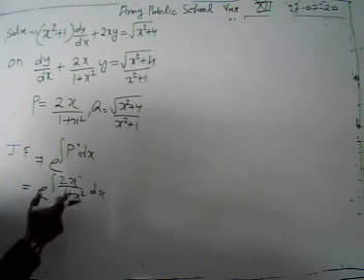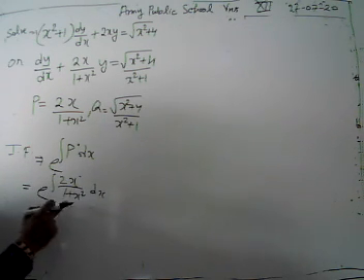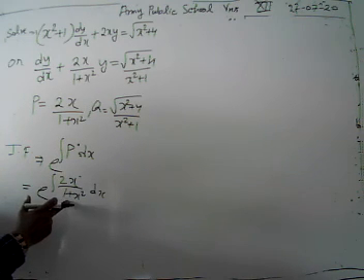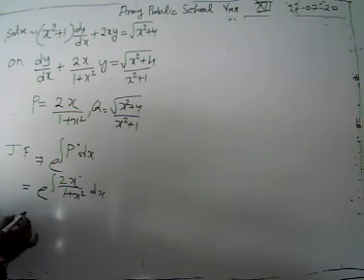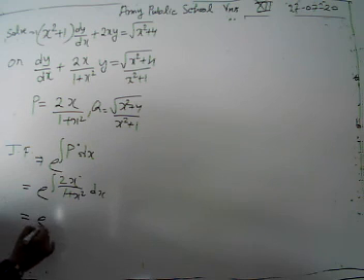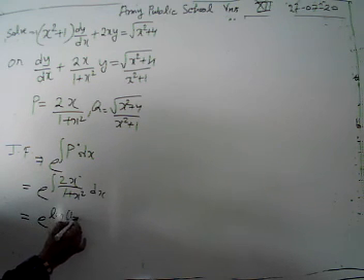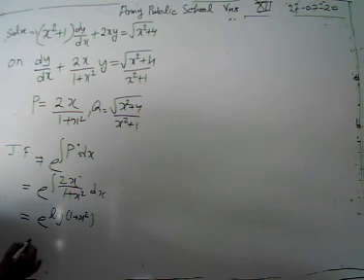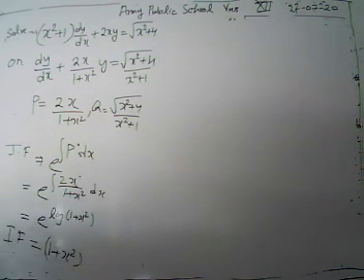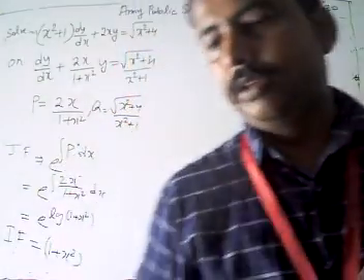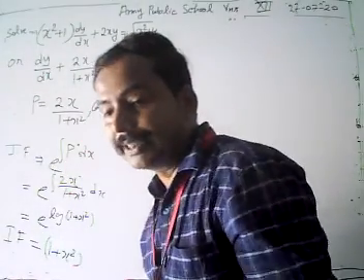Now look, this is our f dash x, and this is our f x. When we take 1 plus x square as t, we get 2x dx equal to dt. Then it is of the type integration of f dash x upon f x dx. Its integration is e to power log f x. Then we have e to power log (1 plus x square). Finally, our integrating factor is e to power log f x, which is f x. So our integrating factor is 1 plus x square.